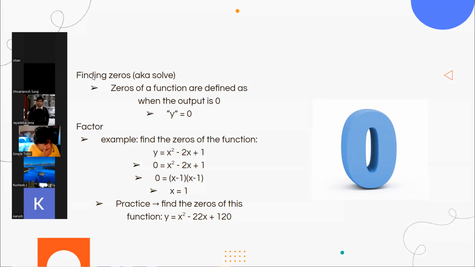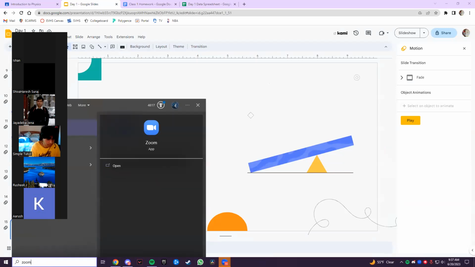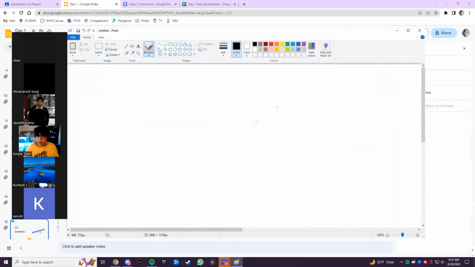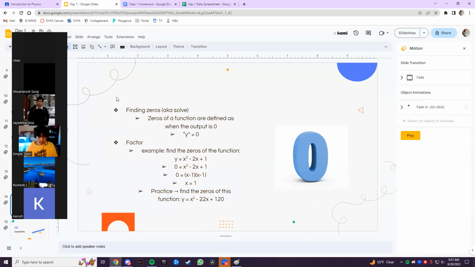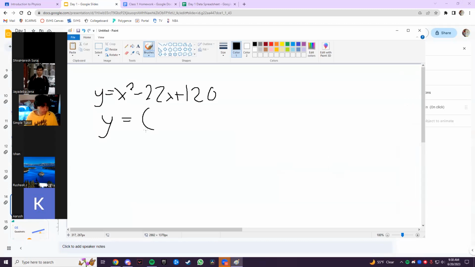I'm going to call on Shiva Harish because I haven't heard from you yet. So let me know. One sec. Let me just open this paint. All right, let me know how you solve this problem. Okay, so I used factoring. So I just factored it. Okay, so what did you find as your factors? So my factors were,